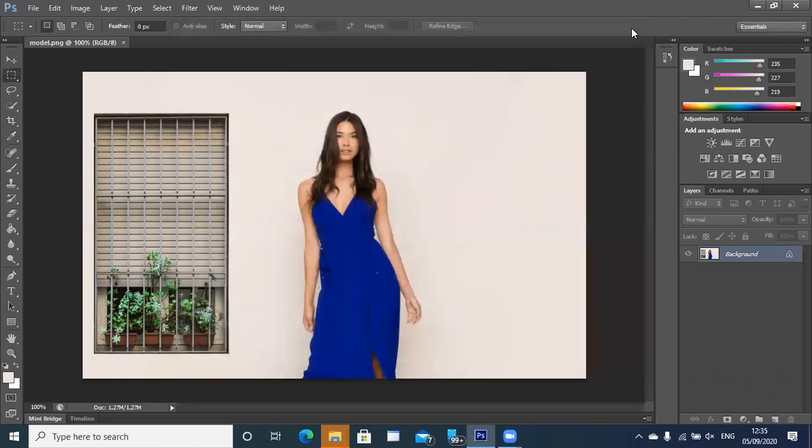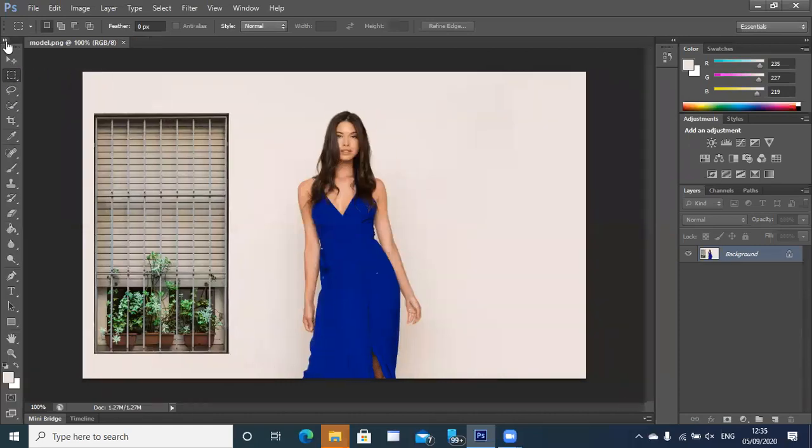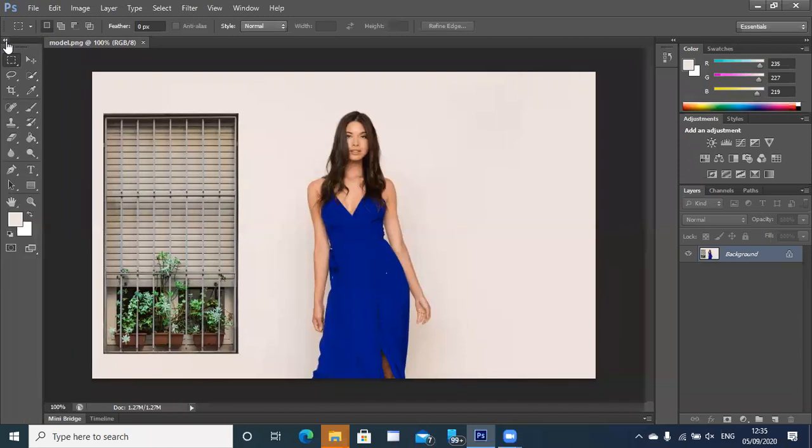In your CC19 version of Photoshop, you'll also find a customized toolbar button wherein you'll get to see the names of all the groups and the tools which are present inside it. If you don't want to see it that way, up here on the left hand side, you will find a toolbar. You can quickly go here for a single or double layer toolbar. This is called a double row toolbar, wherein you get two options side by side. Otherwise, if you want a single one, you can just click on this one and you'll get a single layer toolbar. So you can go for whichever you are comfortable with.